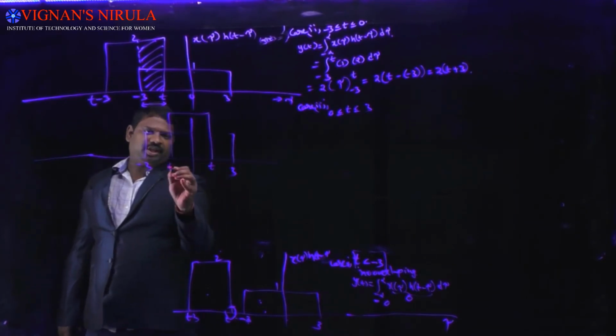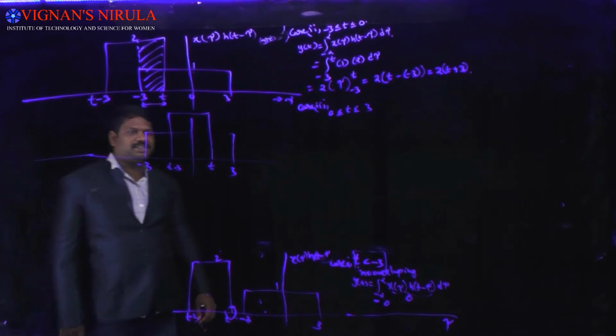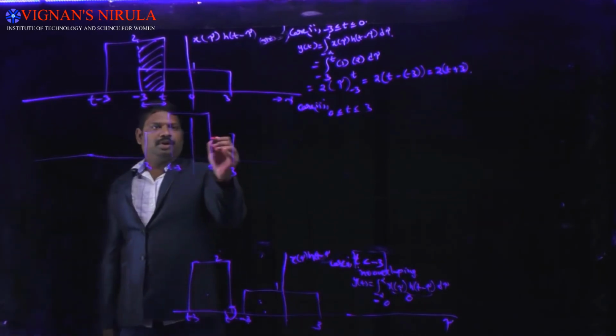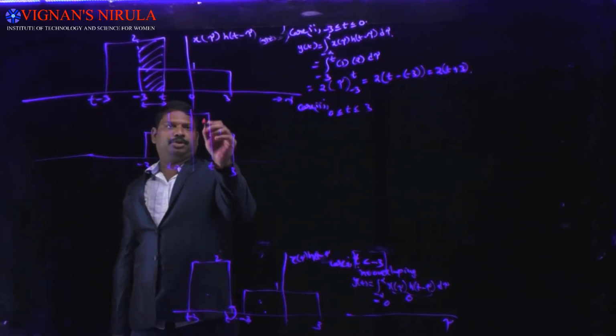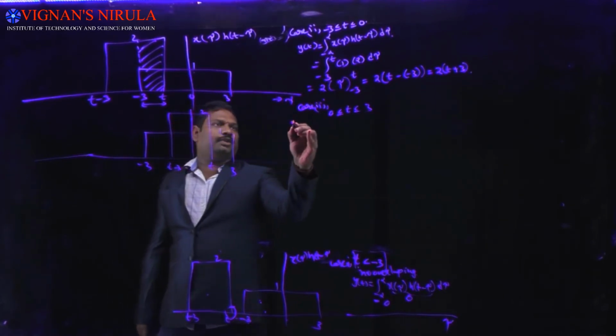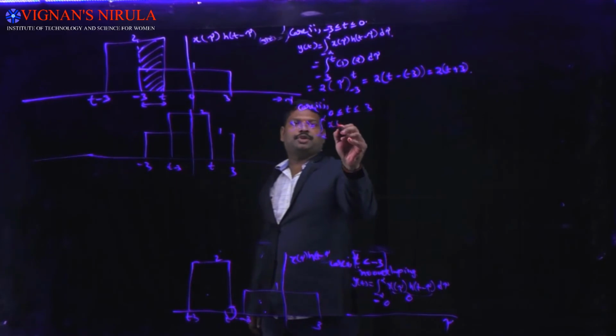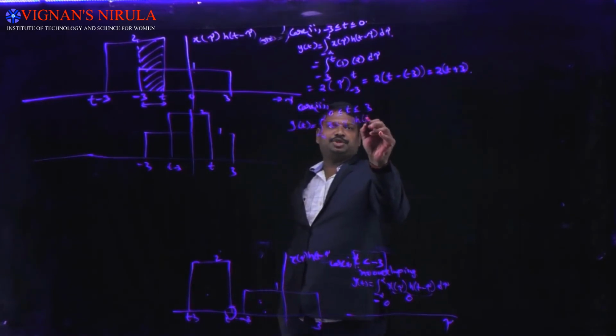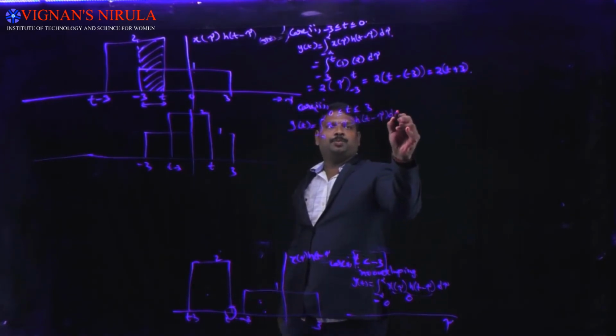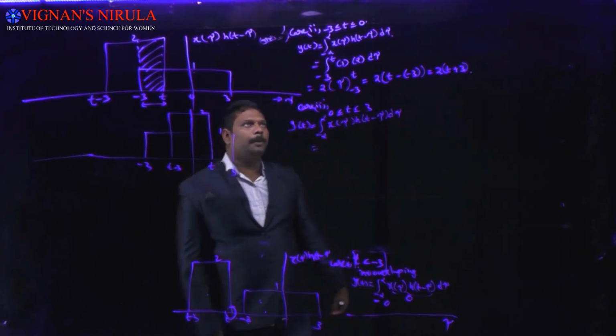Then t minus 3 will be between minus 3 and 0. Here the amplitude is 1, here the amplitude is 2. Therefore our y of t is equal to the integral from minus infinity to infinity of x of tau h of t minus tau d tau, which is equal to